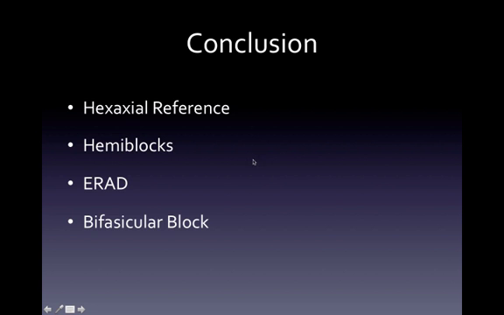In conclusion, please understand the hexaxial reference and be able to plot it. Lead 1, lead 2, lead 3, augmented voltage left, augmented voltage right, augmented voltage front, and know where I'm coming up with all the numbers. It will help tremendously. Know what a hemiblock is. It's a block of the conduction system, whether it be in the anterior fascicle or the posterior fascicle. Know what ERAD is. Off of our quadrant system, ERAD is right here, either negative 90 to negative 180, or 180 to 270,